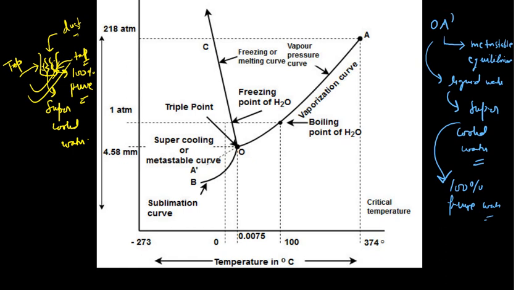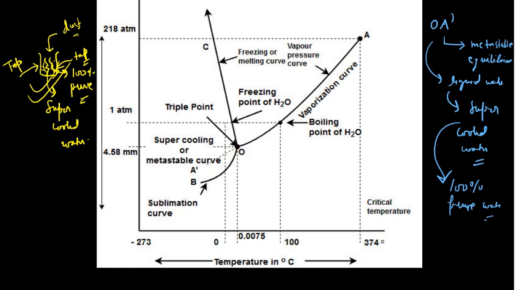Listen carefully, I am going to explain this metastable curve once again. Sometimes it is possible, with very due care, for 100% pure water to be cooled below its freezing point without the crystallization or separation of the ice. At this stage water is said to be supercooled water, and you can keep that system indefinitely without the separation of the ice. But you should be very careful. The moment you tap it or add some impurity into it, the ice will readily crystallize. So this is all about your water system.